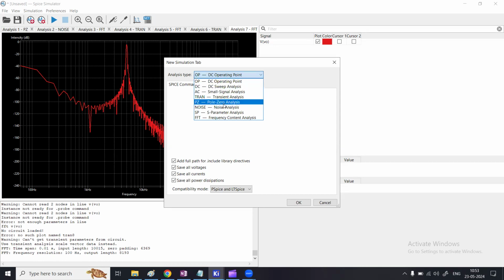Then comes the pole zero analysis. There comes the noise analysis. There is an S parameter analysis. For example, if you are designing RF circuits, you might need to perform this analysis. And then FFT. So we are going to see what kind of analysis we can do right here. So first, let me show you